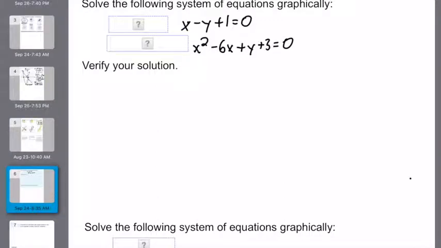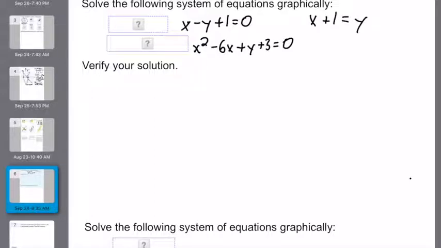So this time we're asked to solve the following systems of equations graphically. As I had mentioned earlier, we always want to have our equations in the form y equals. This allows us to plug our equation into our calculator and find our intersection points. So for this first equation, we see that adding y to both sides will leave us with x plus 1